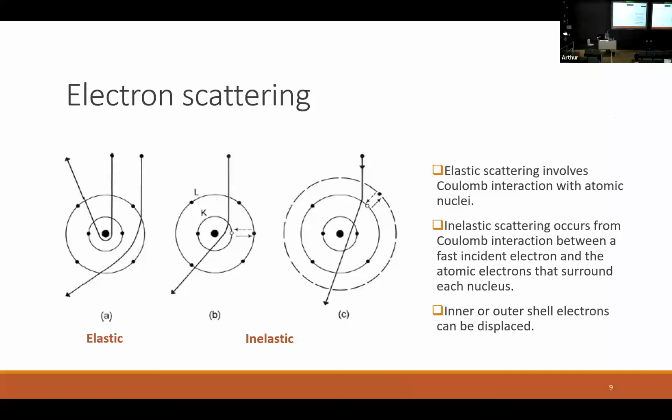So, as mentioned, elastic and inelastic scattering. I want to go into that in a little bit more detail. On the left here, we have an example of what elastic scattering would be. The idea here is the electron comes in and doesn't lose any energy as it interacts with the material. However, sometimes the electron comes in and it can knock out core shell electrons. It can excite them to other levels. And that's going to cause what we call an inelastic scattering.